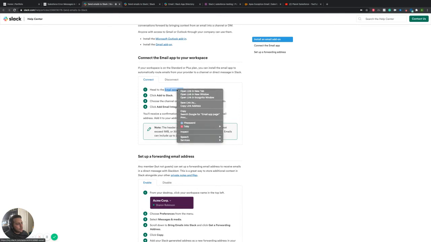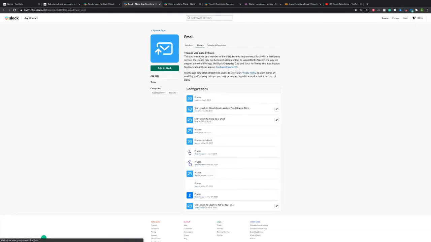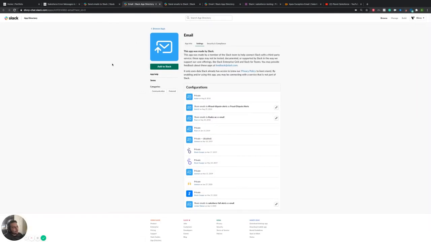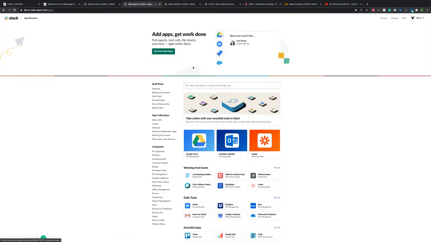So you'll click on this, the very first step, right? Head over to the email app page. When you click on that, it's an actual app that it will bring you to. And if you're signed into your Slack, it's going to allow me to add that to my Slack. If you're not signed in and you want to find how to get to this app a different way,